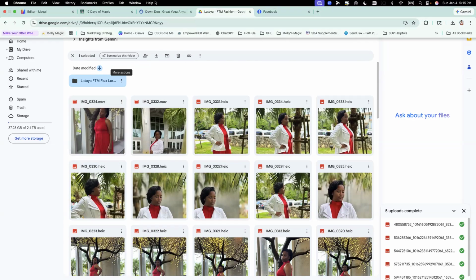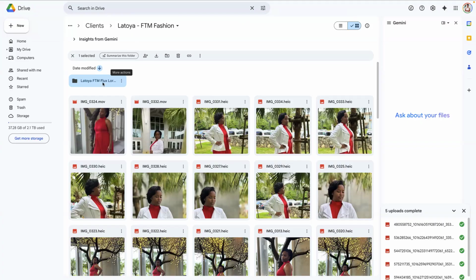The other thing is that a lot of these, as you can see, are HEIC, meaning they were taken with my iPhone, and for whatever reason, the iPhone saves your images when you take them from your iPhone in this HEIC version instead of a PNG or JPEG. It is not recognizable in Magai, so you would have to convert these to JPEG.